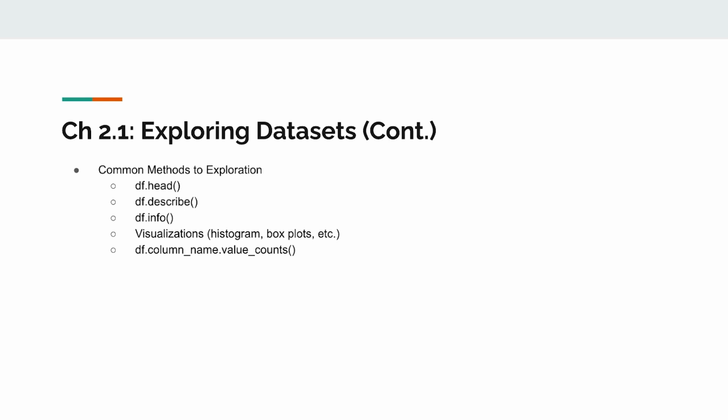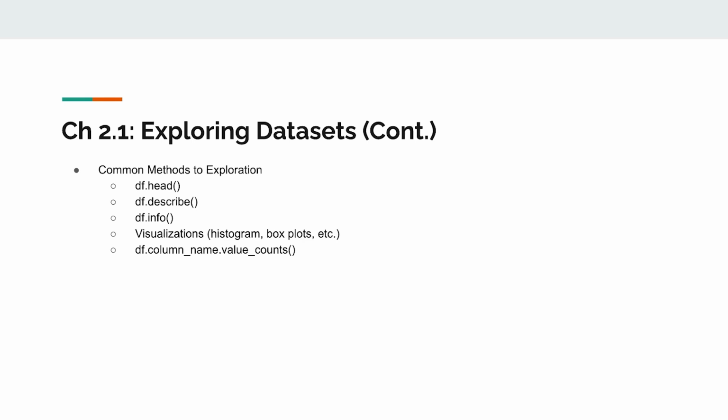And I have listed some of the common methods to explore the data. Again, just to let everyone know that these are not the only ways you can explore the data, but they are some of the common methods that I use and most analysts use to explore the data in Python. First, I already went over this, but we can use dot head to take a quick look at the data, and this function shows the first X rows of the data set. You can specify a number in the function if you want to see any other number of rows other than